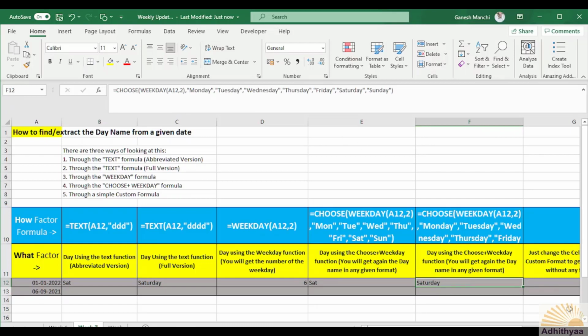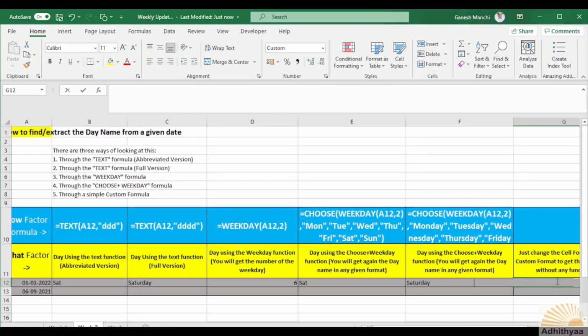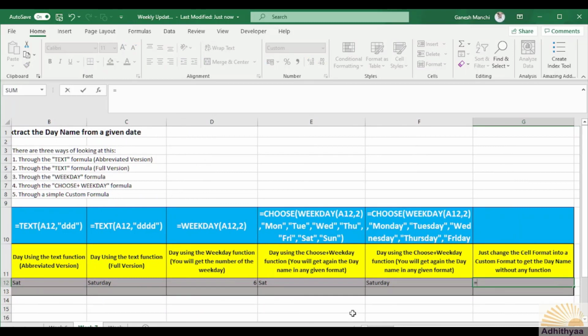Okay, finally, as I said, without doing anything on top of this, simply you can replace the same date here equals to the date. What is the date which is available here is equals to A12. Simply A12. After doing this, you were wondering how come this is Saturday.